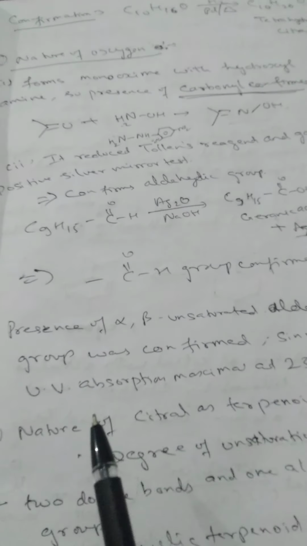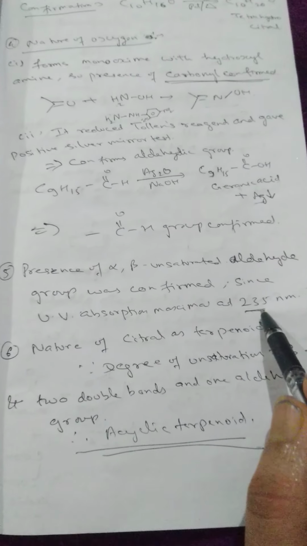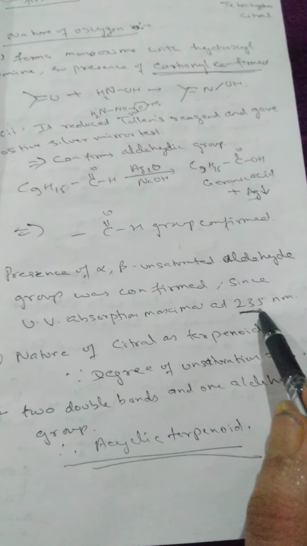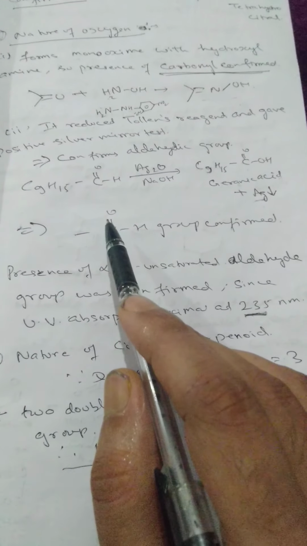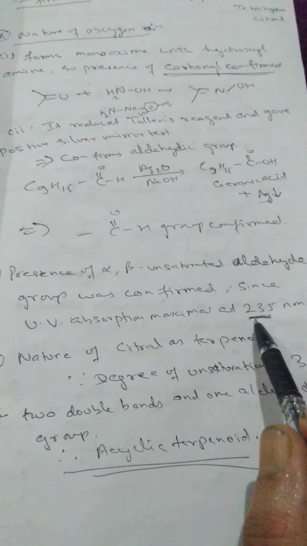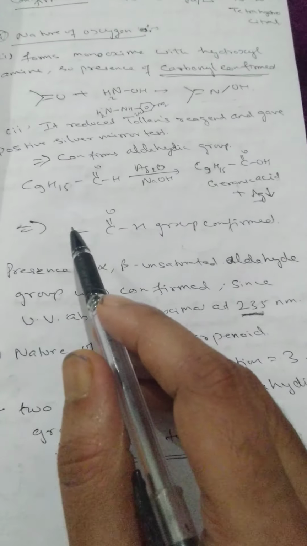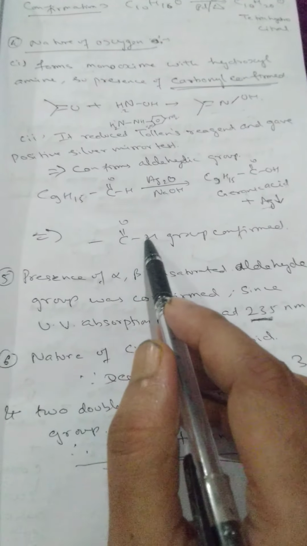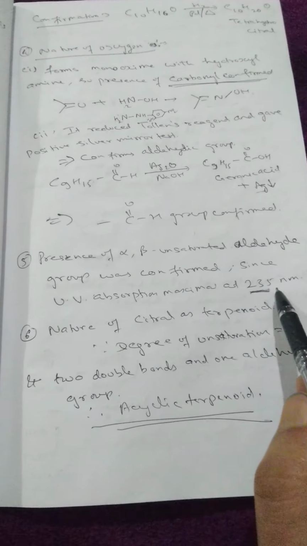Citral has a CHO group. Now also, UV had developed by that time, and they saw that it shows maximum absorption at 235 nanometer. So generally if it is just a carbonyl, if it is just an aldehyde or ketone, it will show around 180 nanometer. But if it is showing 235, it means an alpha beta unsaturated ketone or aldehyde is there. So we know the aldehyde is there. So it must be something like a double bond is here and CHO is there. So an alpha beta unsaturated aldehyde is there, which was confirmed by this